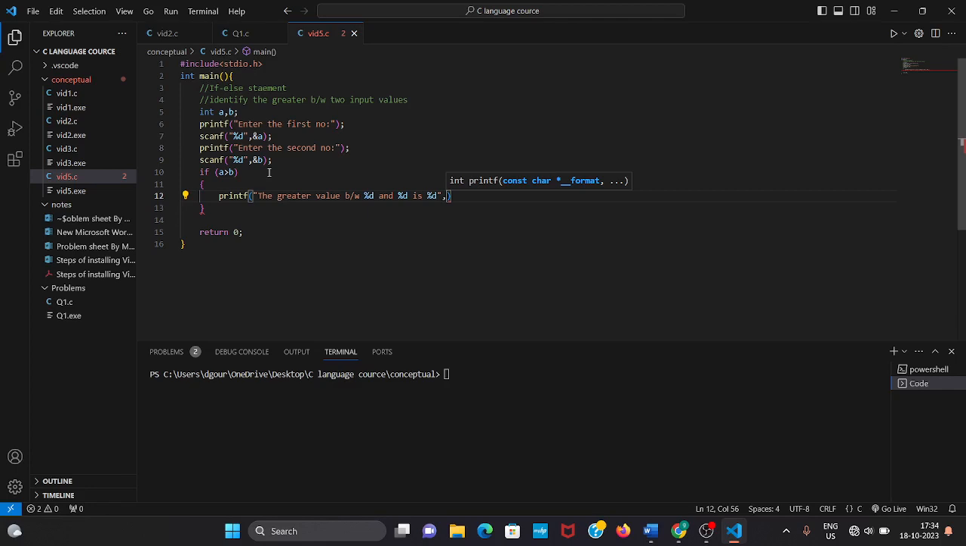and this, between what and what? A and we will not write and. Here is the statement. Yeah, here is and. But after that what? Percentage d and percentage d. Percentage d is actually the format specifier. Okay,